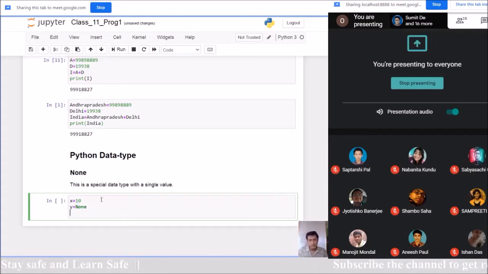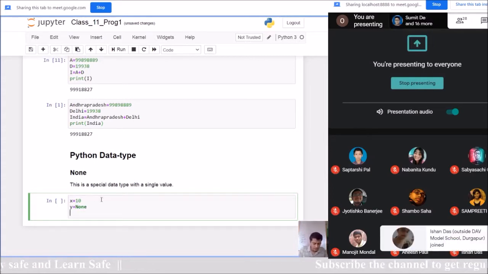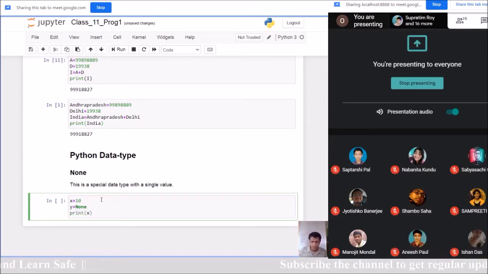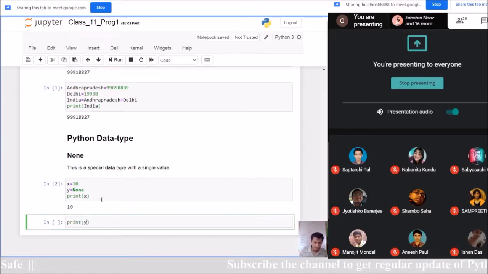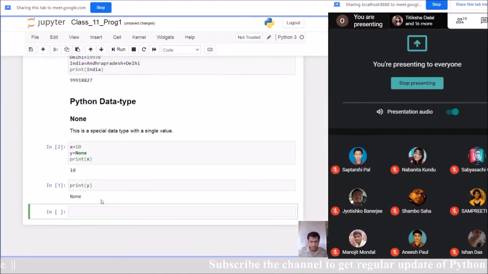Now, if I print x, what am I getting? 10. If I print y, then what am I getting? None. So None is not a string, it is a data type. It is a value; I am assigning a specific variable with this object None.